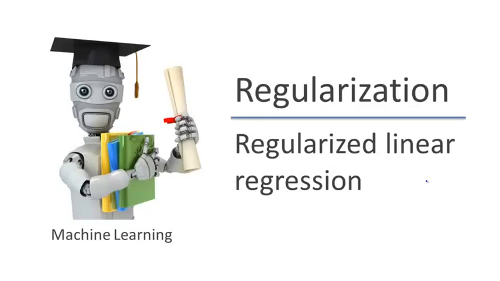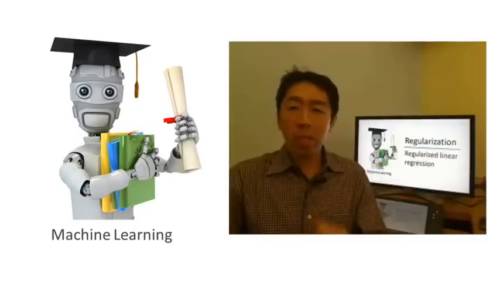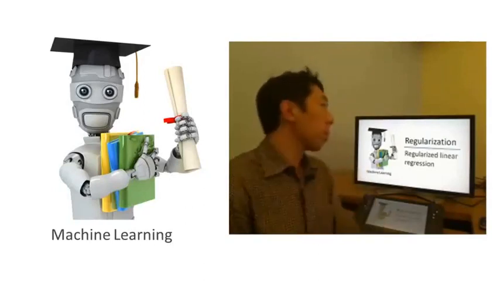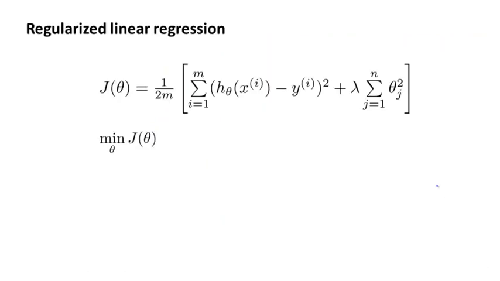For linear regression, we had previously worked out two learning algorithms, one based on gradient descent and one based on the normal equation. In this video, we'll take those two algorithms and generalize them to the case of regularized linear regression. Here's the optimization objective that we came up with last time for regularized linear regression. This first part is our usual objective for linear regression, and we now have this additional regularization term where lambda is our regularization parameter, and we'd like to find parameters theta that minimize this regularized cost function